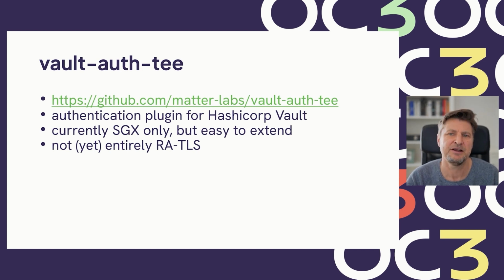This plugin runs with Vault in a container and in the Gramine runtime. Of course, the container has to be built reproducibly. Doing this with traditional distro packages means that you can't modify any of them, except if they can be built reproducibly, which means that you have to lock and cache the build environment and all of the build dependencies. This all goes out of hand quickly, except if you use something like Nix, which is kind of designed to